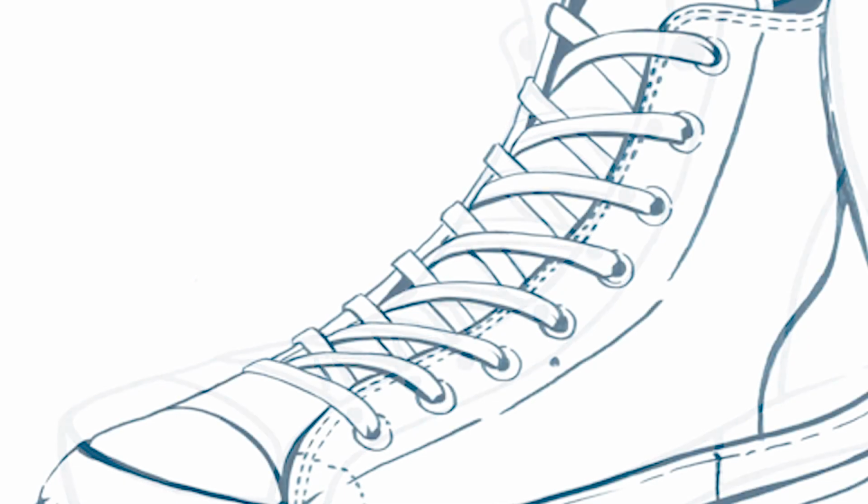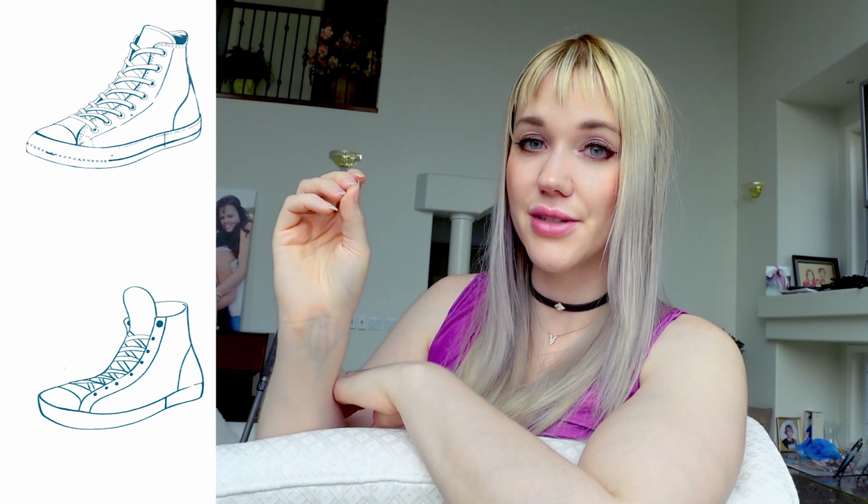So I highly encourage you to, instead of drawing shoelaces like this, actually draw the shoelaces. Think about how the string twists and turns. Think about how gravity pulls at it. And I mean, if you want to push it that much further, think about how you're actually drawing the shoes. Grab a reference for shoes because, I mean, even I'm guilty of this. I am incredibly guilty of this even. I always need to grab references for shoes because if I just draw it out of my head,